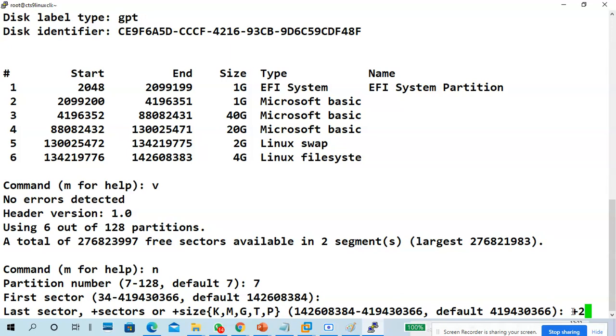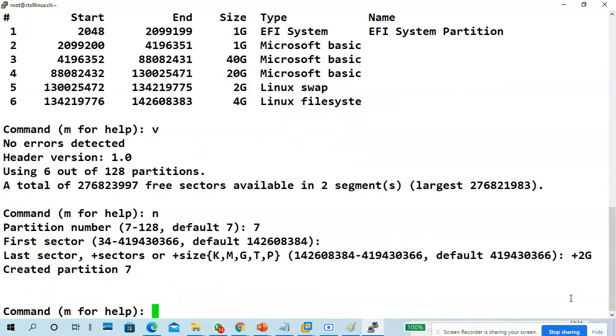If you don't know what MBR and GPT are, verify the table, so you will get it. Don't worry now. So plus 2G, a 2 GB partition I want to create. If you want to create more, I can create, no problem.